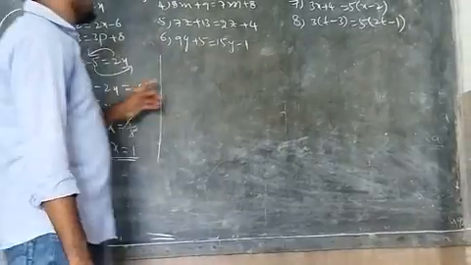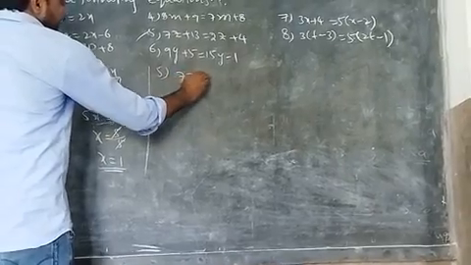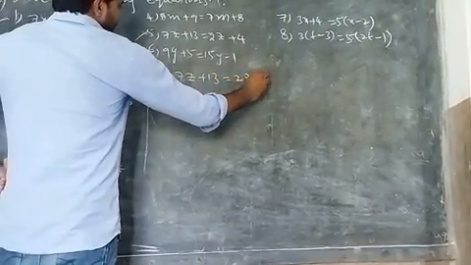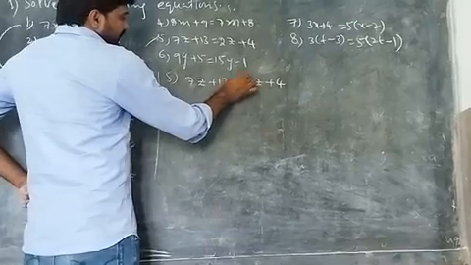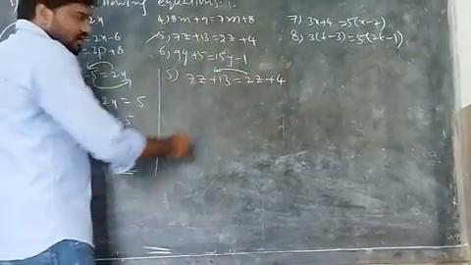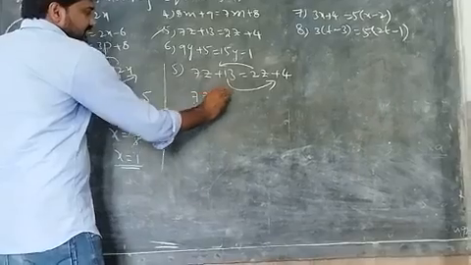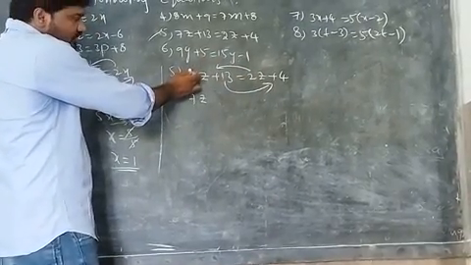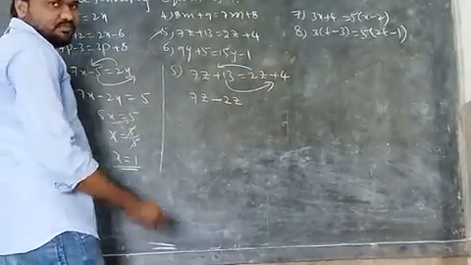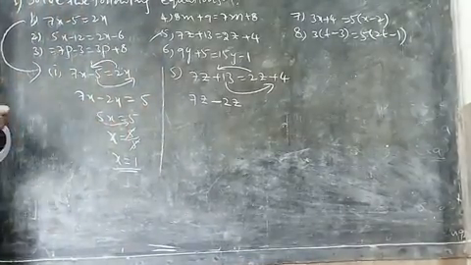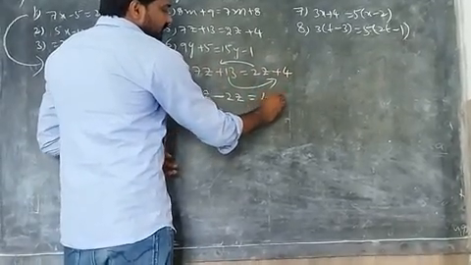One more problem we will discuss like that. Fifth problem: 7z plus 13 is equal to 2z plus 4. We already discussed this type of problem. Look here, 7z stays, 2z translates to the left side and 13 translates to the right side. 2z translated to the left side becomes minus 2z, because it is positive, and a positive becomes a negative when translated to the other side. Likewise minus 13 translates to the right side, giving 4 minus 13.